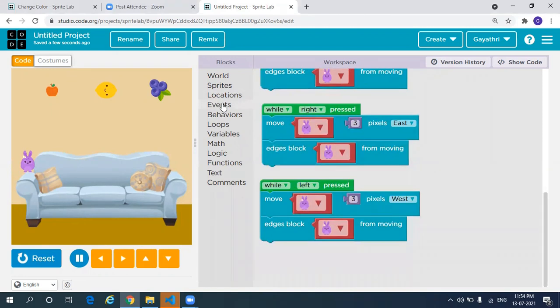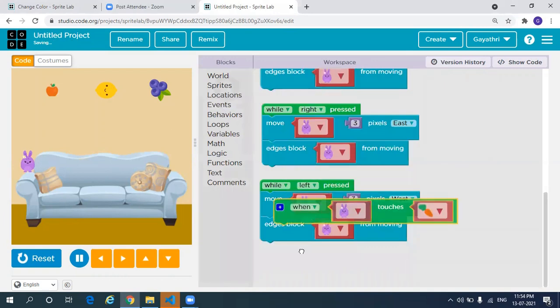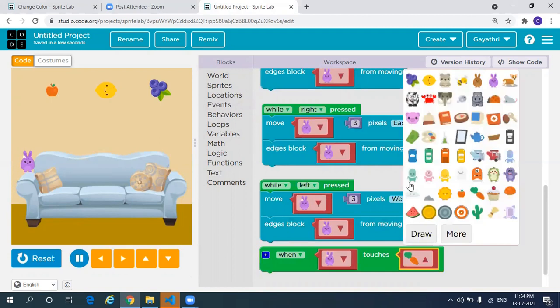For that, go to events. Select this, when bunny touches carrot, right? So select that. So if it touches, change this to apple.